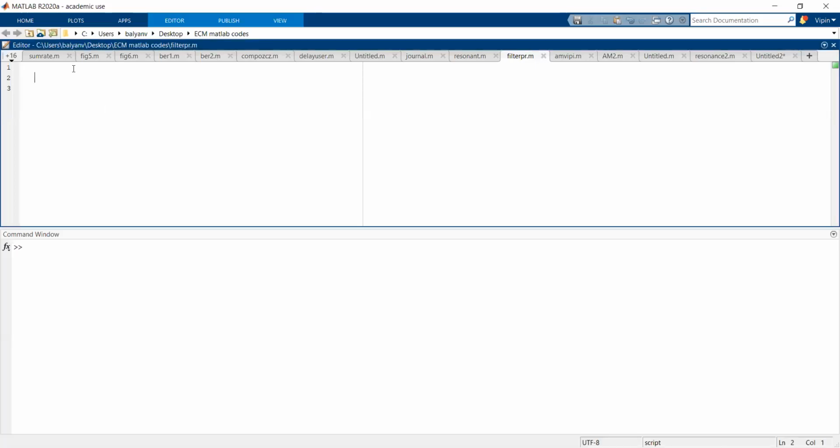Good evening, everyone. In this lecture or lab, I'm going to write a program for a filter. The filter we are going to do today is a low pass filter. We will do a high pass filter and a band pass filter subsequently. So if we have a sampling frequency fs equal to 100